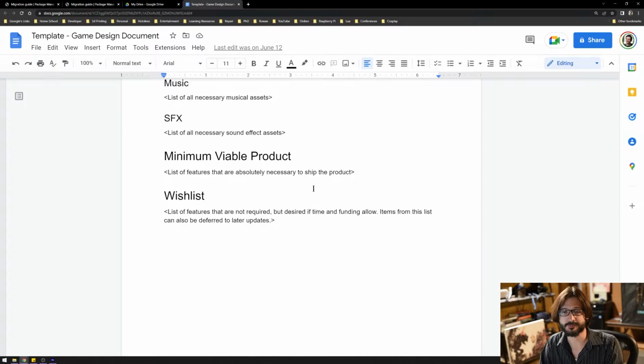Finally, wish list. I see that you need to have a lot of the rest of the document done before you get to the wish list, because you need to take all of that stuff you've written and say, all right, what is actually achievable? I see the wish list as something that maybe will grow during development as certain features become too difficult for me to manage or implement myself. They will be pushed into this wish list and further down on the stack. So that's